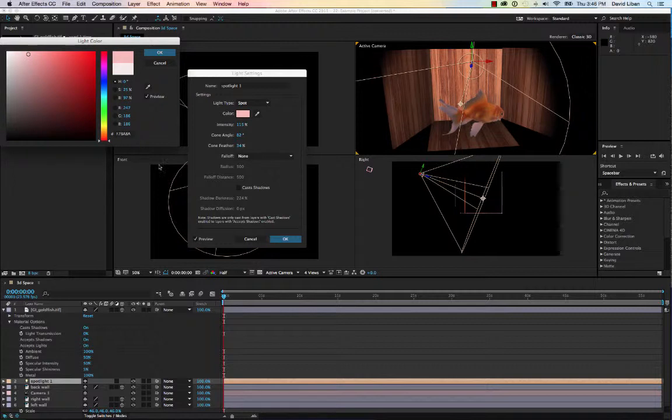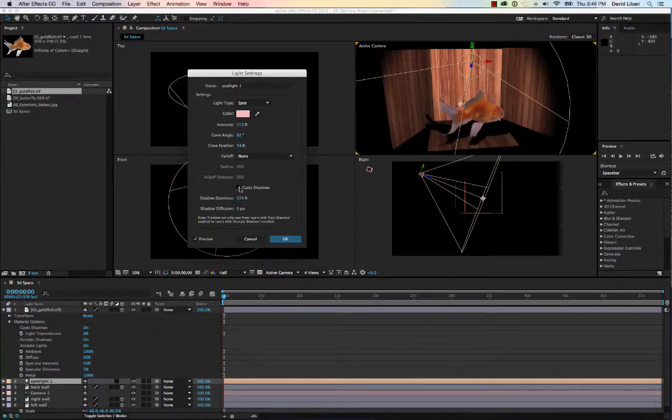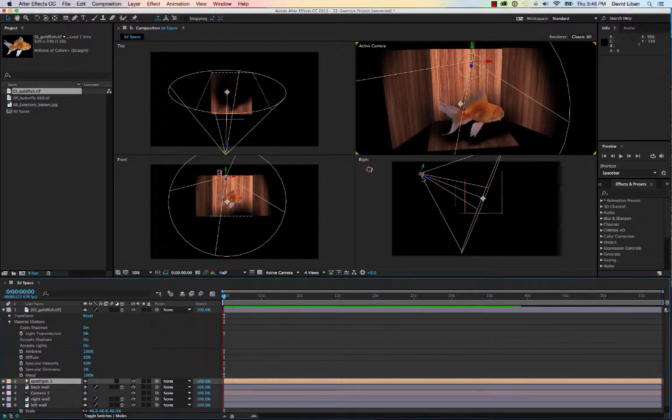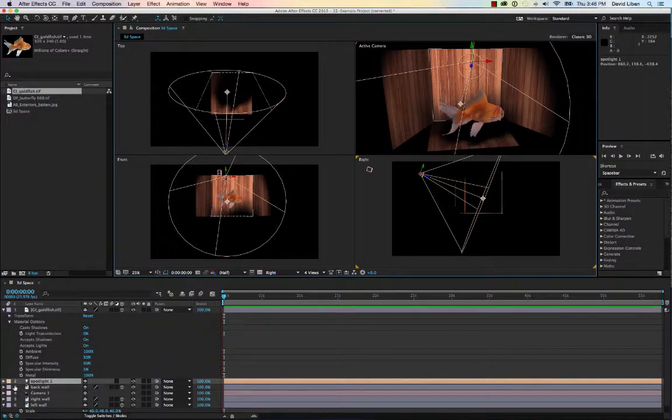Okay, and turn shadows back on. And I'm going to diffuse that shadow and say OK. Now I'm going to animate this light. In order to animate the light,